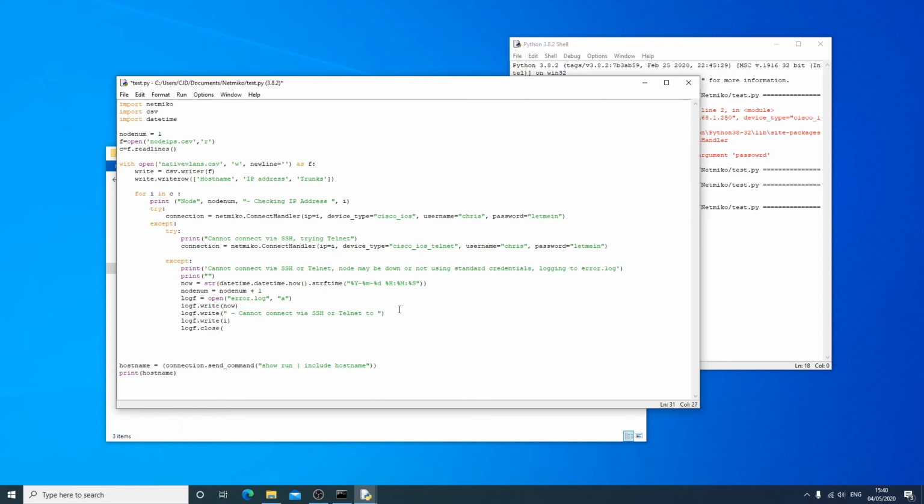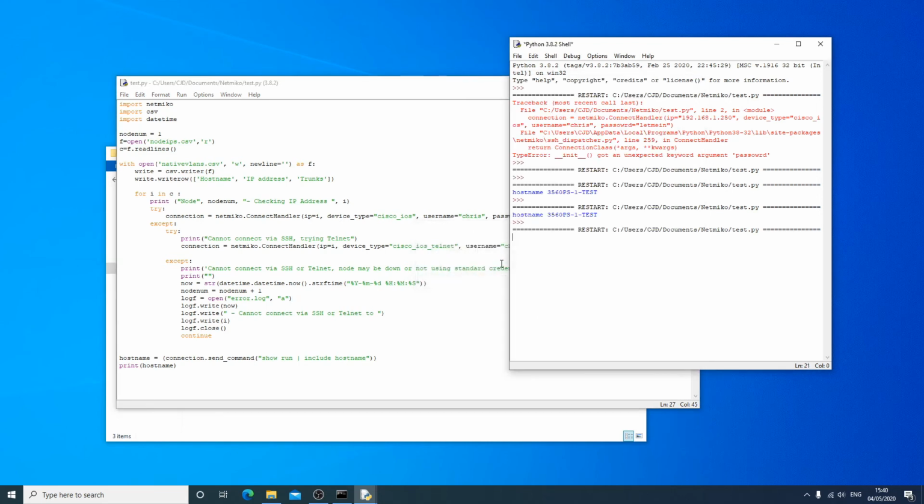And then if we do the command continue, it will then skip the rest of the script and go back to, it will try the next one in the loop of that file. So let's just see what it displays now, because I'm always making mistakes and just want to make sure it's okay as I go. So there we go, checking IP address